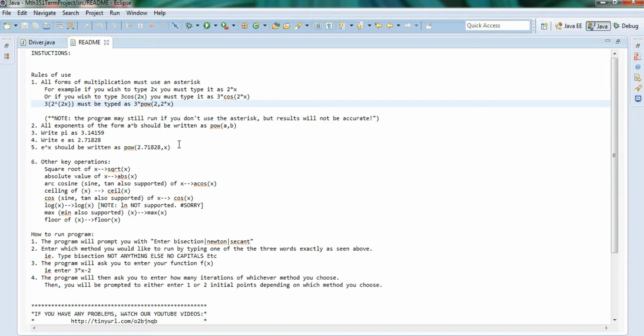Here are some other operations that are supported. Not everything is. If you want to write square root, this is how you do it. Likewise, if you want to write arc cosine of x, this is how you would do so right here. Log is supported, but natural log is not, so sorry about that, but take what we can get with our